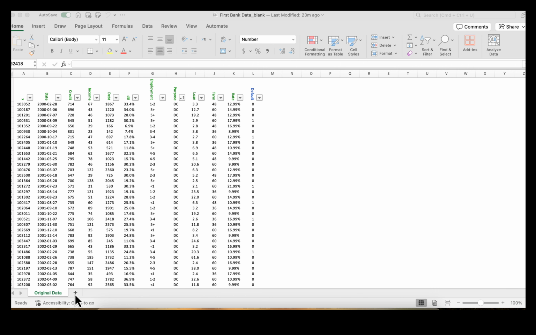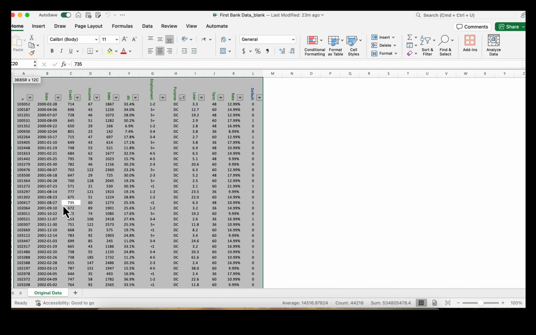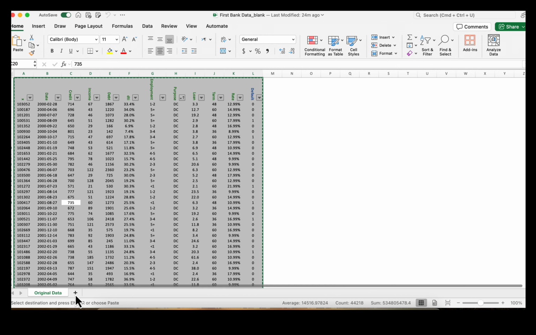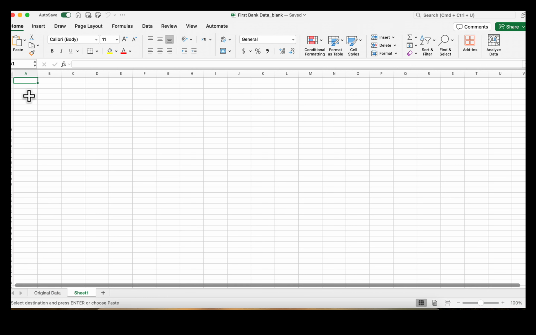First of all, we'll use the ETL approach, which means you extract the whole original data set, transform or clean it, and then load it to the sheet where you want to process the data. So I will start by copying and pasting the whole data set. Ctrl I and copy, then press the plus button, and then you can just paste the whole data